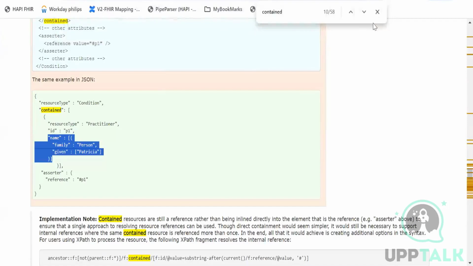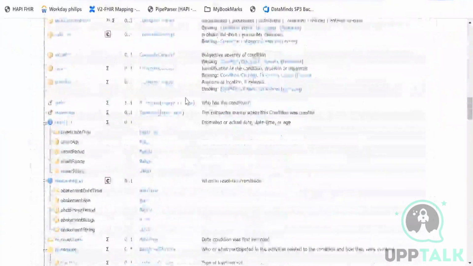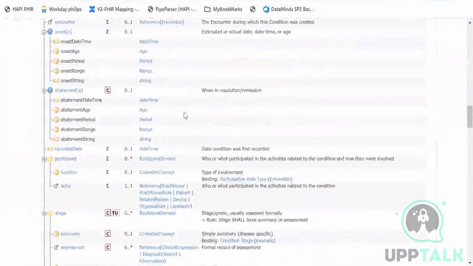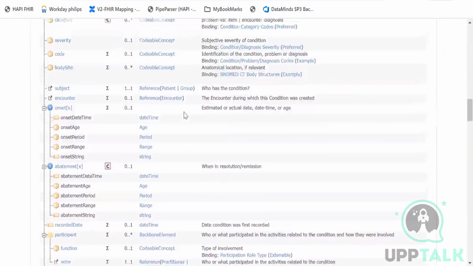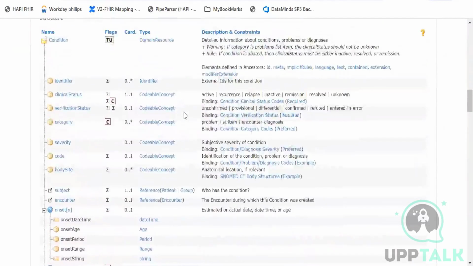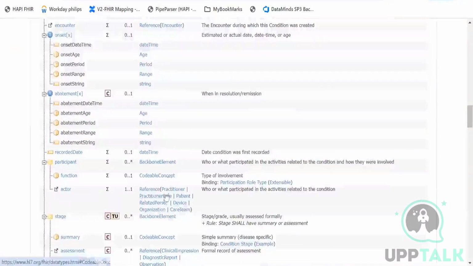So if I go back to condition resource, scroll down. If I go back to condition resource, I found where is it? This is which one? This is condition. If I scroll down, do you see anywhere practitioner? I can see there is an actor practitioner. Is there anything